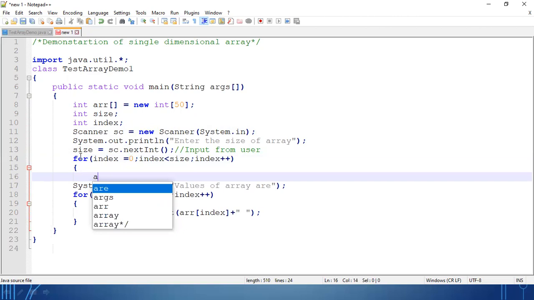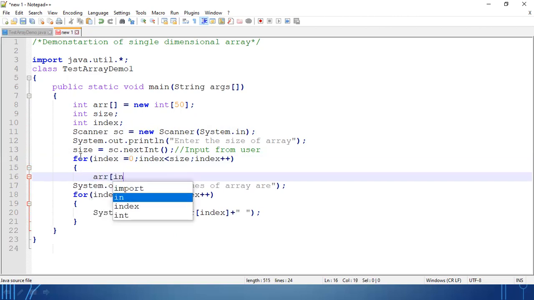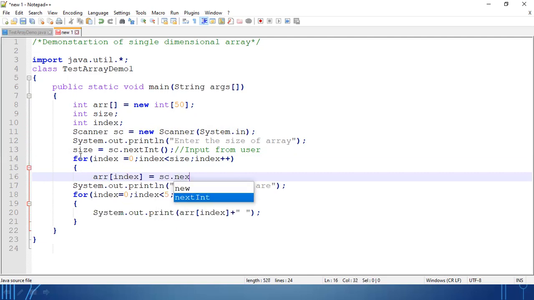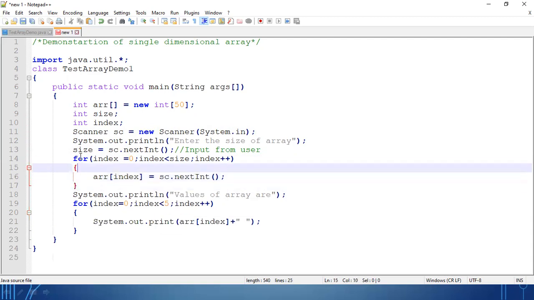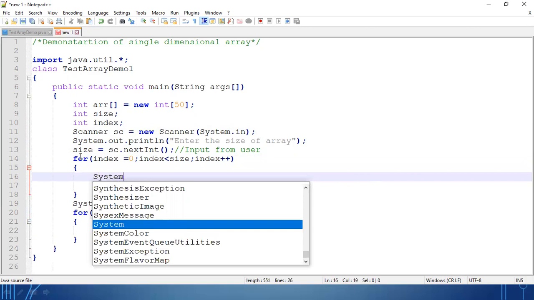Okay, so array of index equal to sc.nextInt. Okay, if you want, you can give the message for every input.